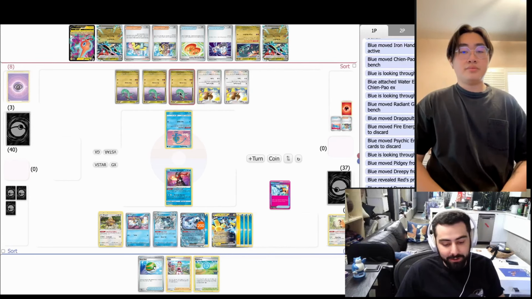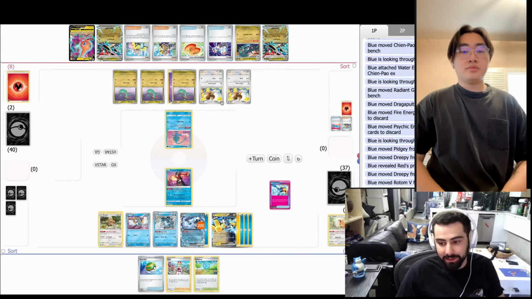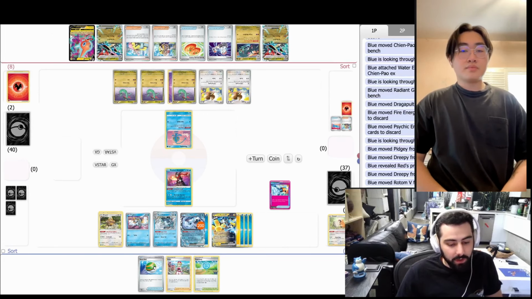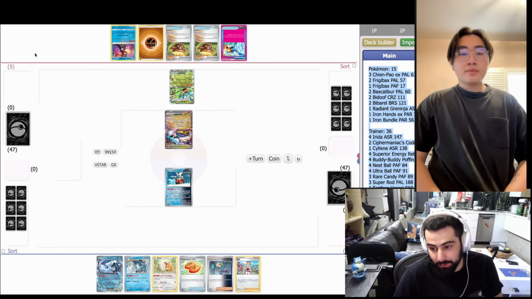If they had maybe an Energy and a Dreepy, do you think it's still worth going for the Pidgeys? I personally think yes, just because you have your Stranding Manaphy in the active. But what do you think? I think yes still. Okay, cool. So good to know. All right, let's move on to Raging Bolt, since this might actually be the most popular